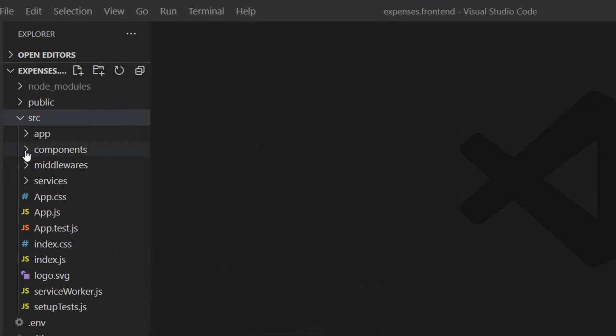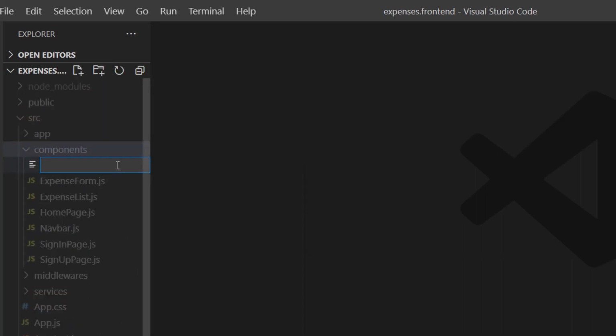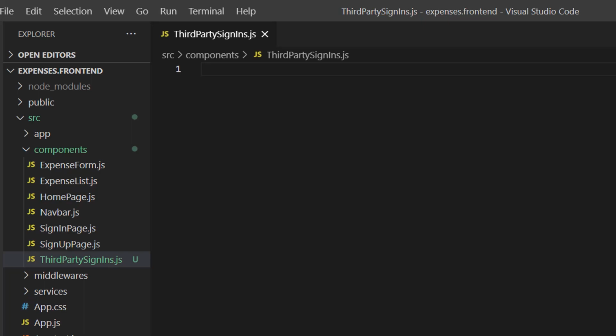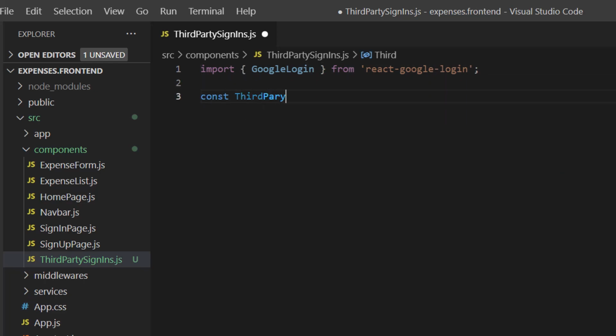Let's expand components, and in here we can right click and add a new file. Let's name it ThirdPartySignIns.js. Let's import Google Login. So we can do import GoogleLogin from react-google-login, and we can do const ThirdPartySignIns,